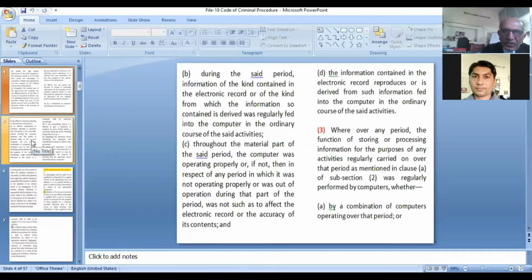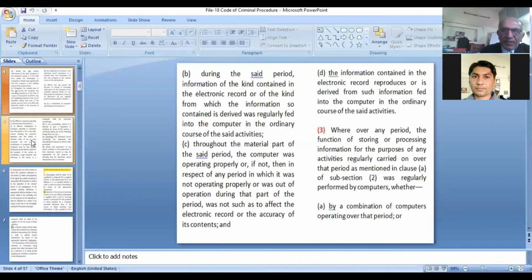So when a computer is being used in the regular activities, then with respect to said information fed in such computers, those computers' outputs are being classified specifically as computer outputs in respect to which the admissibility of secondary evidence of the original